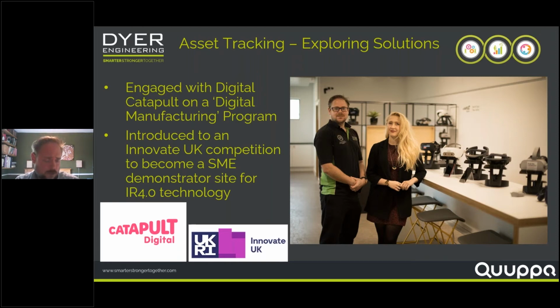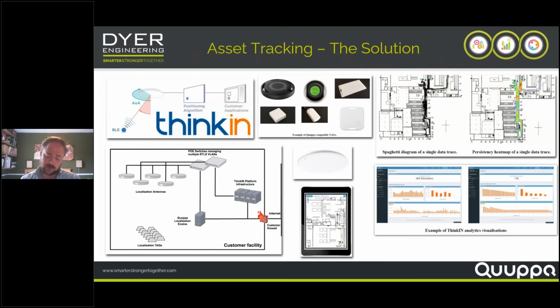From memory, I think there were about 10 different applicants looking to be the technology partner, and the investment costs and capabilities of those technologies range quite considerably. At the top end of the spectrum, you can have some technologies whereby the asset tags are passive and they get powered. I'm not entirely sure on the technology. I assume some sort of induction, and the investment cost for that was outside of our range as an SME. I think it's certainly suitable to a blue chip who would have a long-standing vision potentially, but for us,